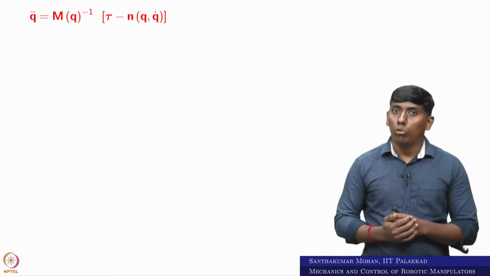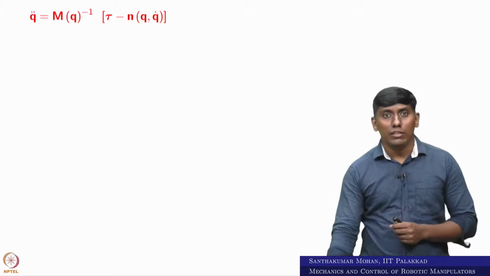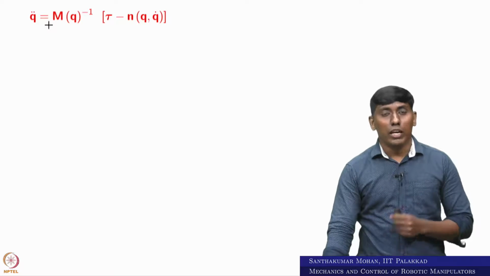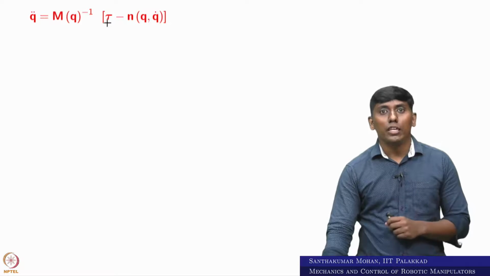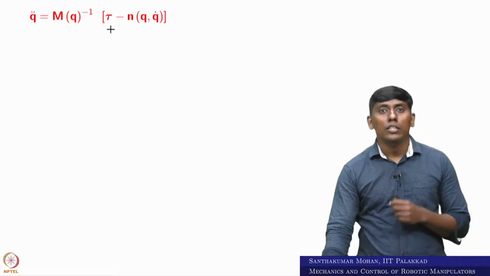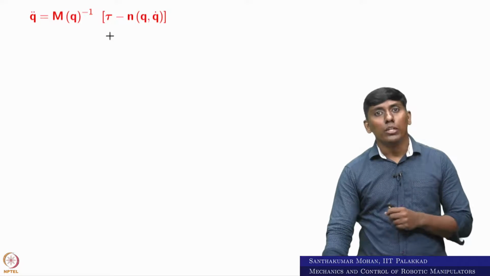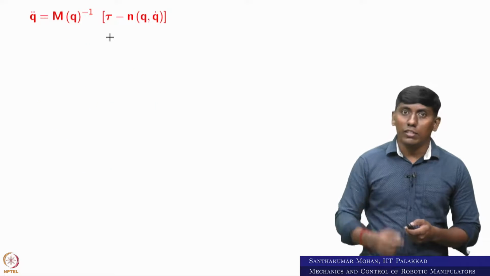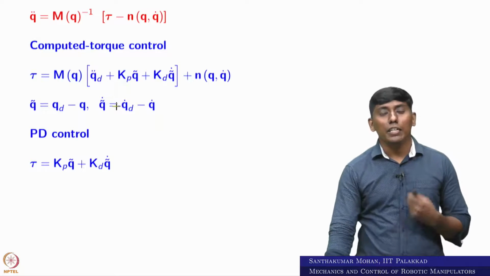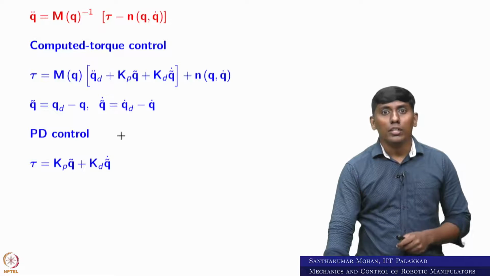Even before that, you want to make a dynamic model, so this is the dynamic model relation, where q double dot, double integrated, you will get q. But right now we are interested in the control aspect. So if I see the tau based on the desired and the model parameters, this is the case. Now we can try two different controls just for demonstration.